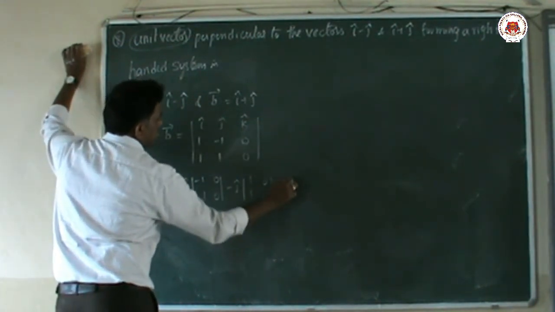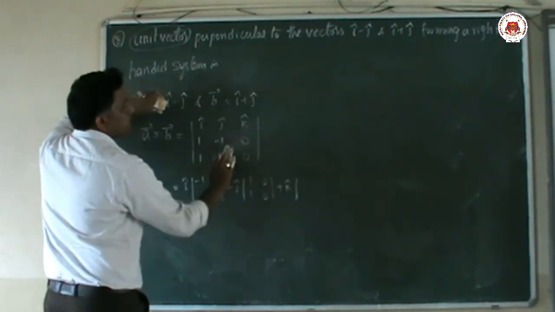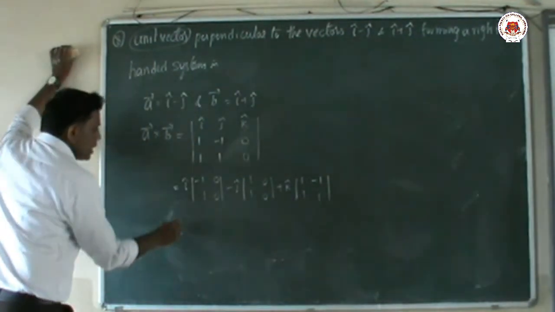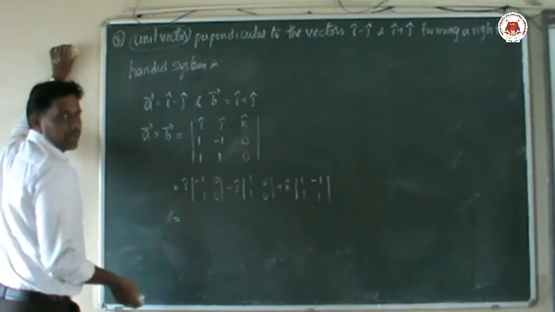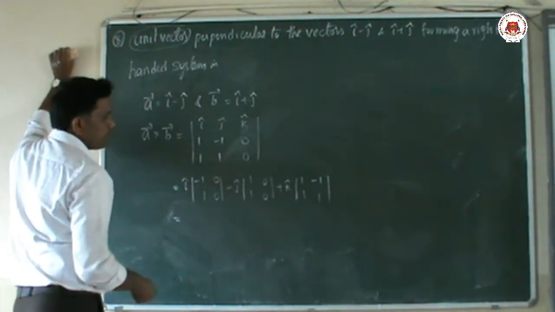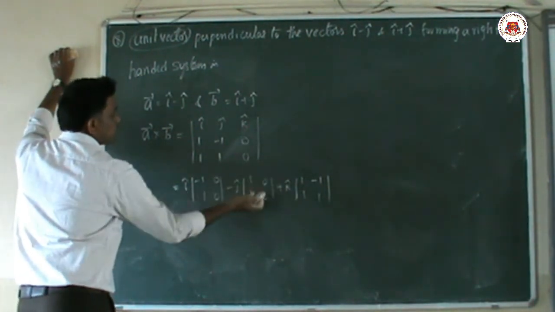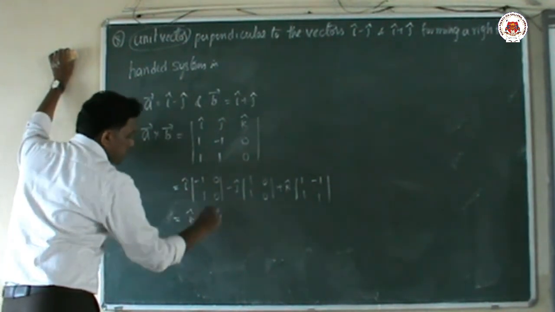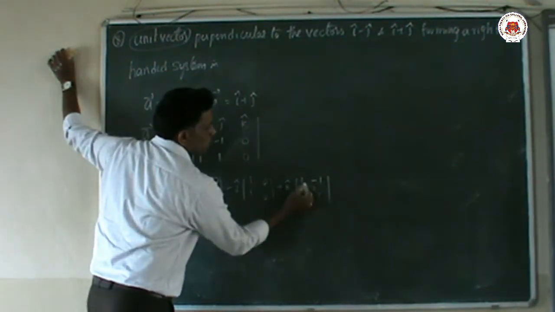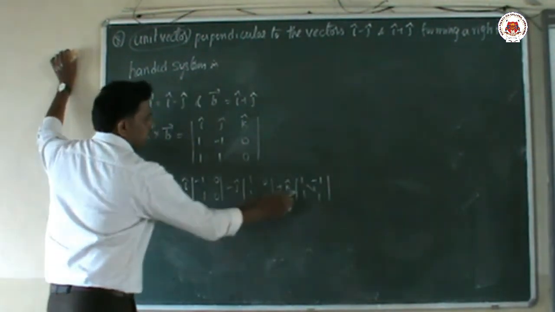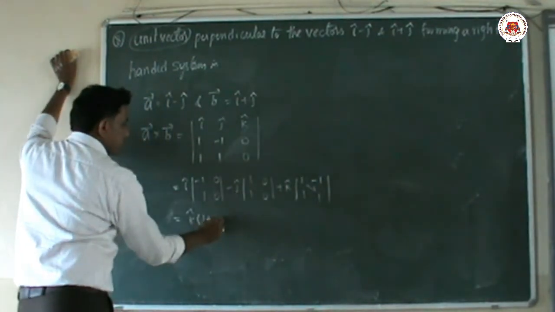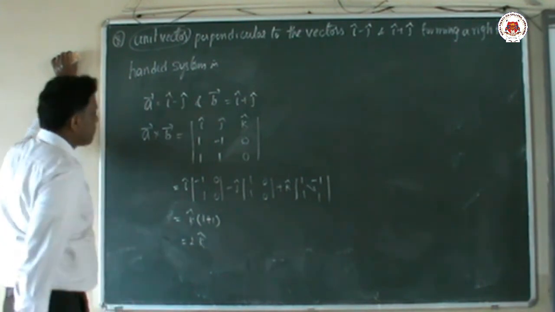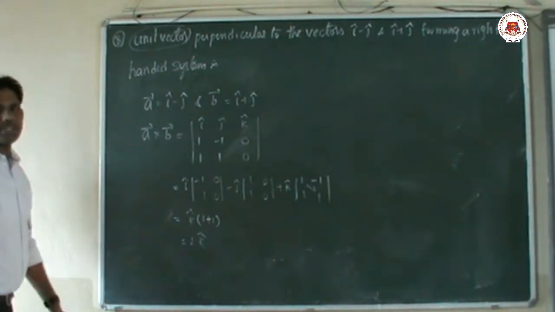And the last one is k cap, which is in the third column, so we take the 2 by 2 determinant with 1, minus 1, 1, 1. For the i and j terms, the minors are 1 into 0 minus 0 into 1, so those columns are completely 0. The i and j components are both 0. The only one left is k cap. Here 1 into 1 is 1, minus 1 into minus 1, that is minus of minus, plus 1. So 1 plus 1 is nothing but 2. It is 2 k cap. So A vector cross B vector is 2 k cap.